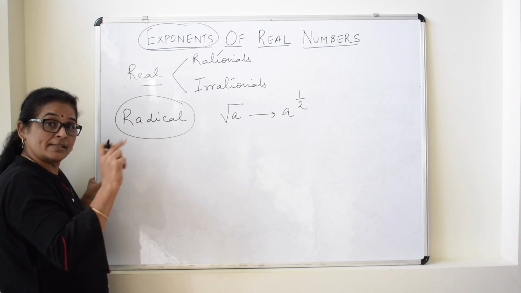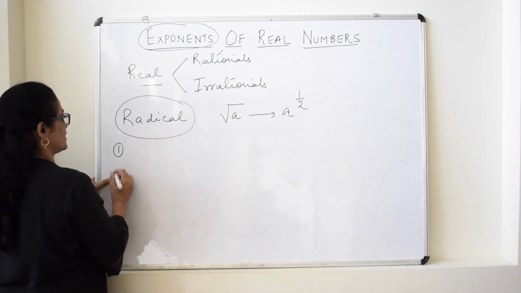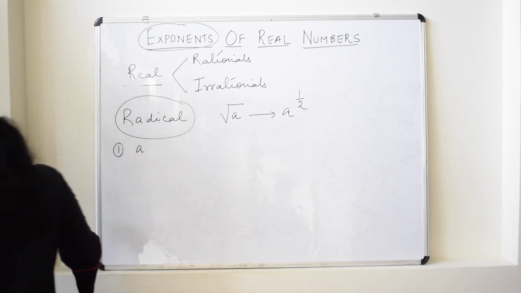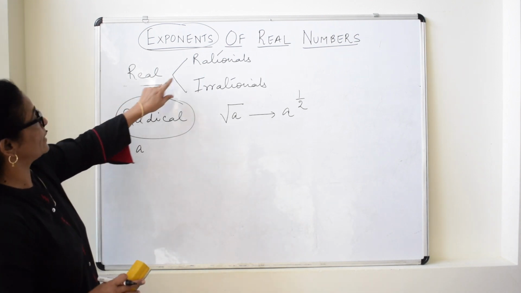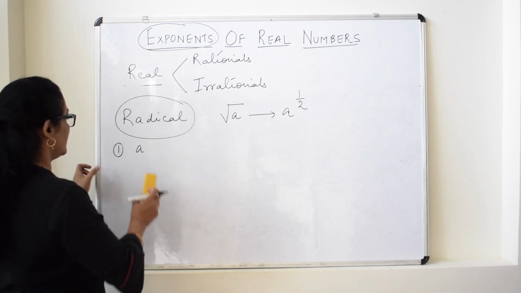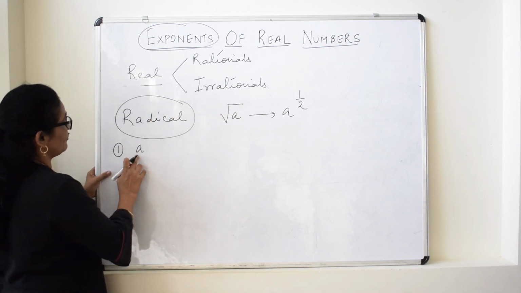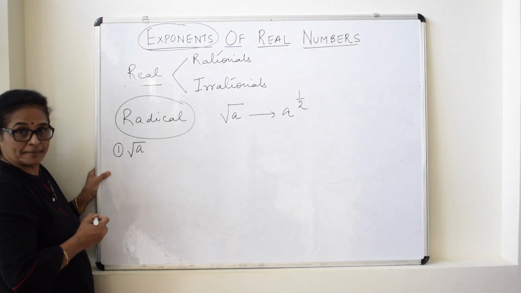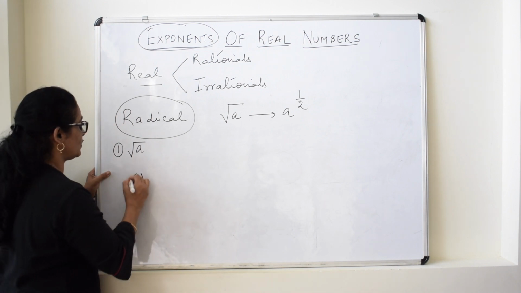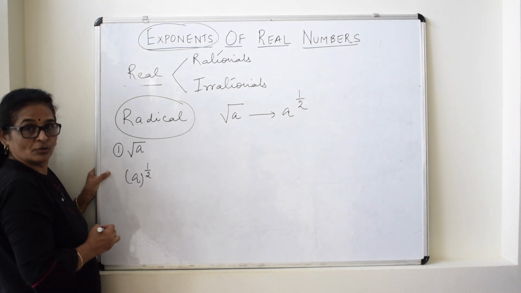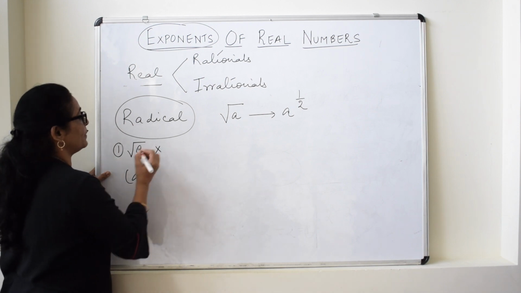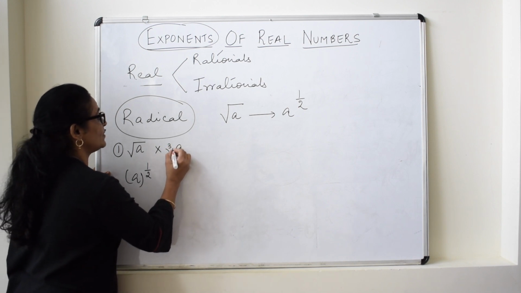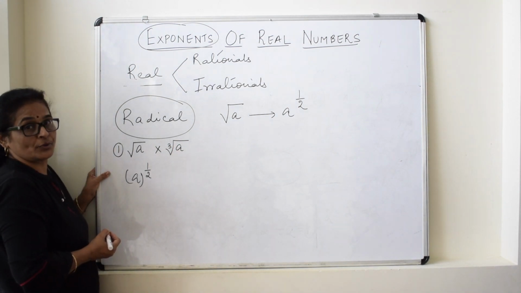the result is the same. For example, first, if we take any real number a. Now when I say real number, it means that you can take a rational or irrational number. So here, if I take a real number a and I use this radical sign, it means that it is a to the power of 1 upon 2, and multiplied by a base that is the same, but instead of square root I have used cube root.